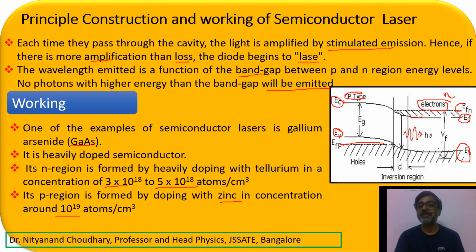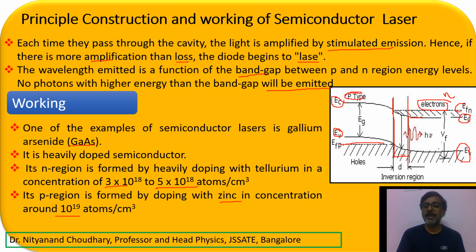And this is how it has been shown over here. Naturally, this is your depletion zone if you are going to give the forward bias. So the electrons and holes will start moving towards the junction, right? The p type will move towards the n type, and the n type will move towards the p type, and here you have got the fusion level, and let us suppose the width of that fusion level is your d.